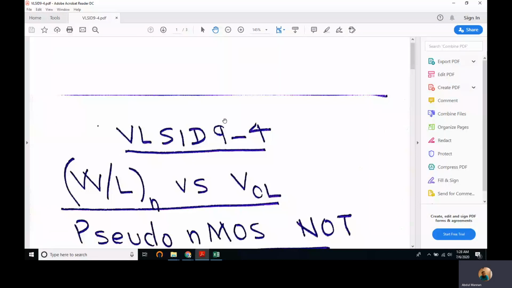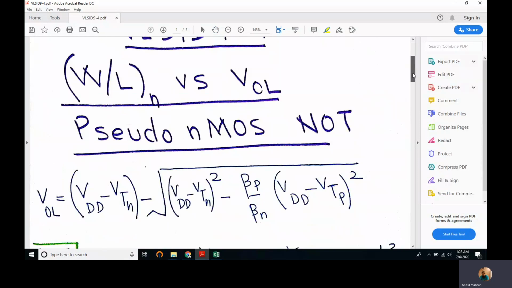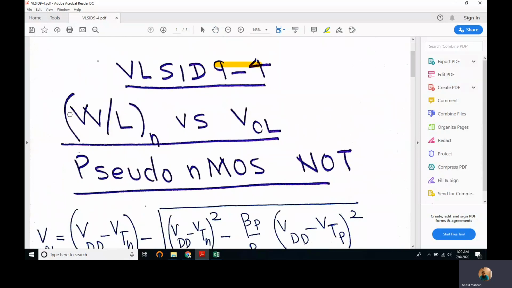The fourth lecture from chapter number 9. In this lecture, we are going to study the impact of aspect ratio of an nMOS transistor versus VOL for a pseudo nMOS node. We know that for a pseudo nMOS node,